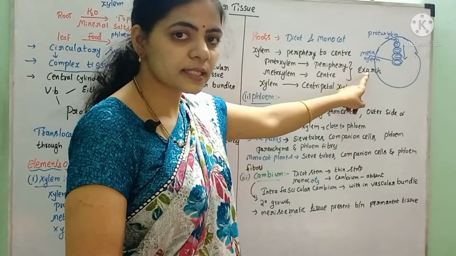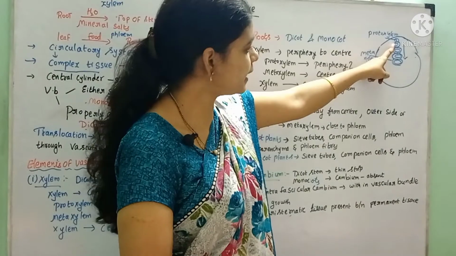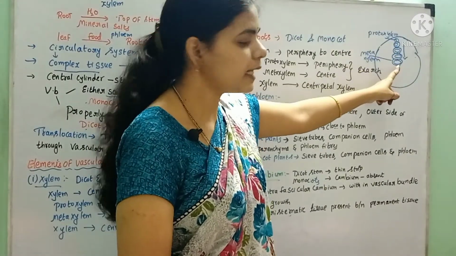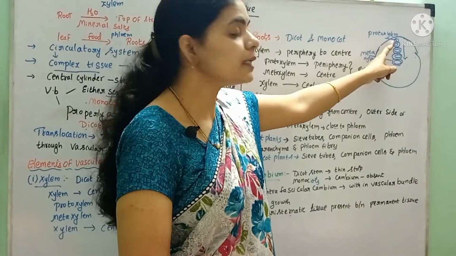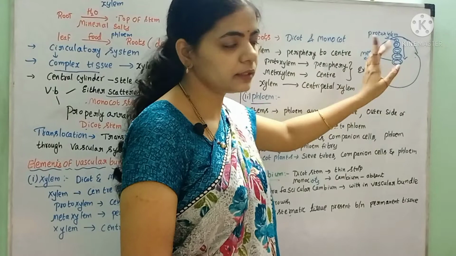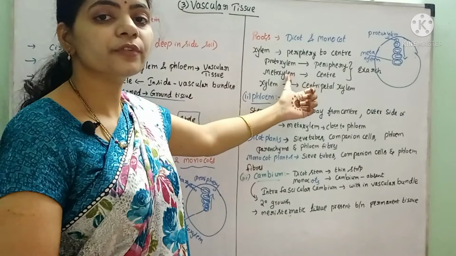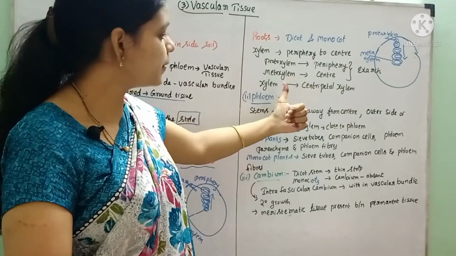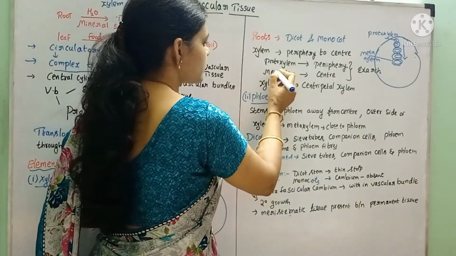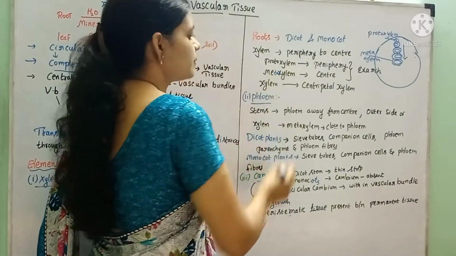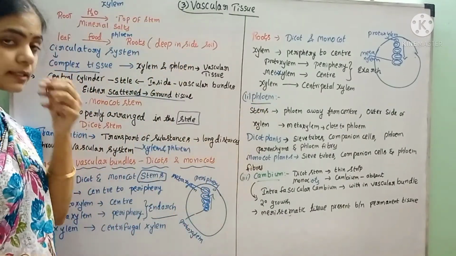What is exarch? The protoxylem, that is the first formed xylem, was present at the periphery, and the later developed xylem was present at the center. That means the xylem developed from the periphery to center. This condition is called exarch condition. What is the protoxylem? The first formed xylem is the protoxylem, and the later formed xylem is called metaxylem, and the condition of this xylem is called